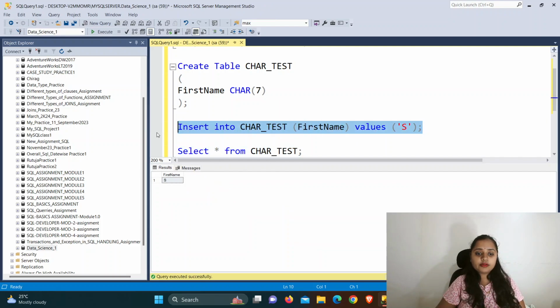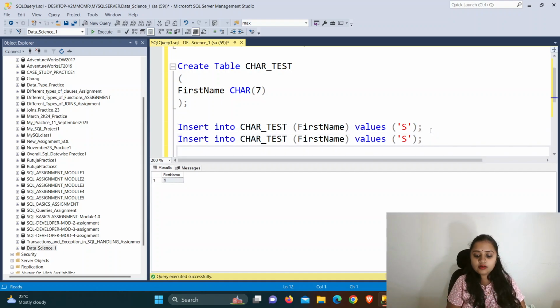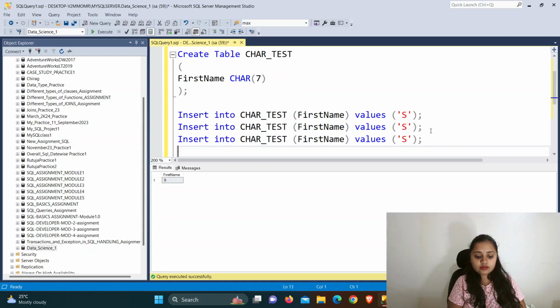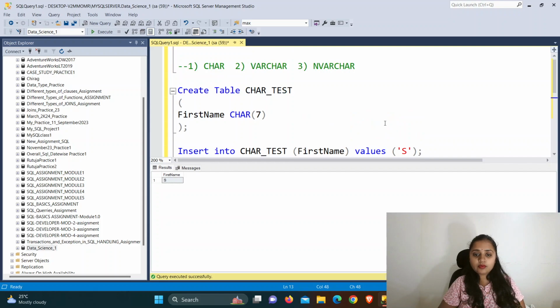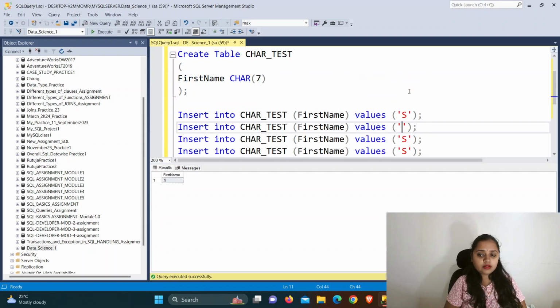Now just copy this command, as we want to insert more data, so that's why I am doing this. Okay. Now I want to insert more data, like I want to insert a name, because the limit I have given is 7. Okay. Then I want to insert the name Deepika.